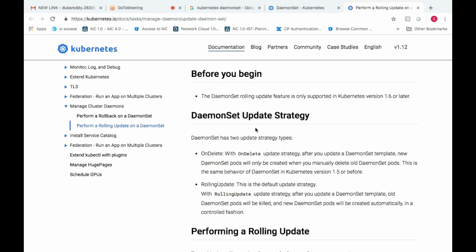So both tasks can be done on the daemon set. Okay. Till now you have seen rollbacks and everything on your deployment itself. Now we can do it on a daemon set also. Okay, so that is what we can do.